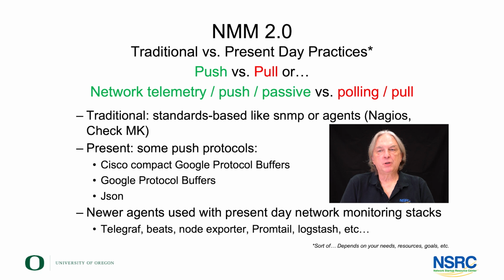Now, to get information from servers that are running actual services for you, we would install agents, and some of these agents come from software stacks, and they have all sorts of funny names like Telegraf and Beats and Logstash and Node Exporter and Promtail, etc. And as many things happen in the world of computers, and particularly Unix and Linux, these names don't have too much meaning until you understand where they fit in the ecosystem of network monitoring and management, and we're going to show you that.